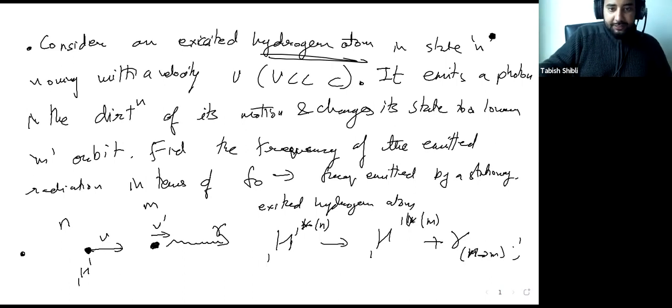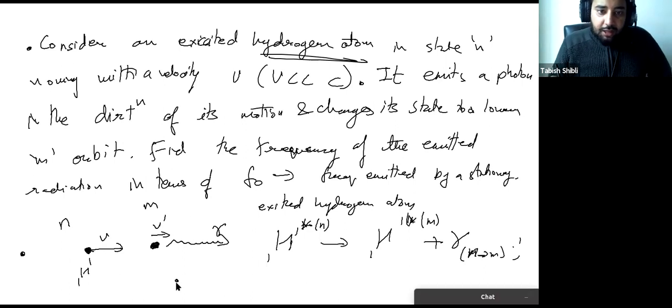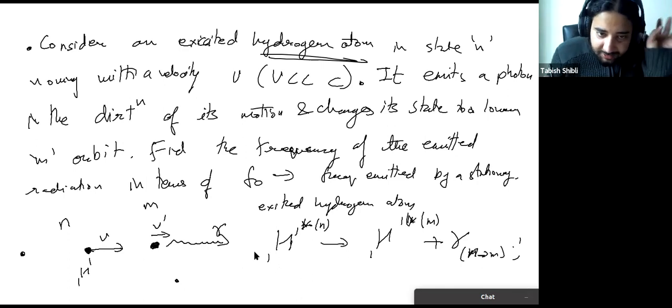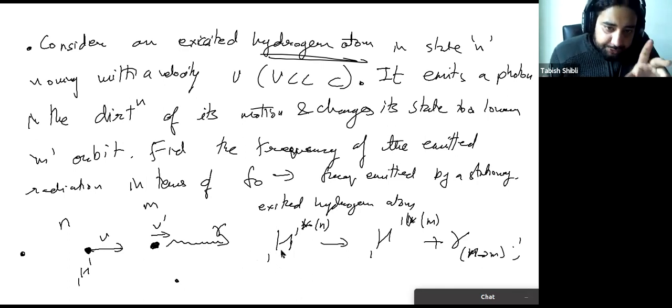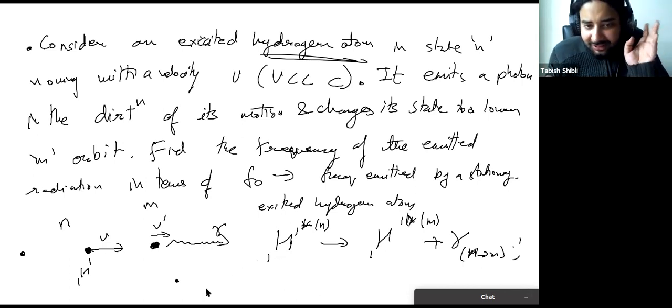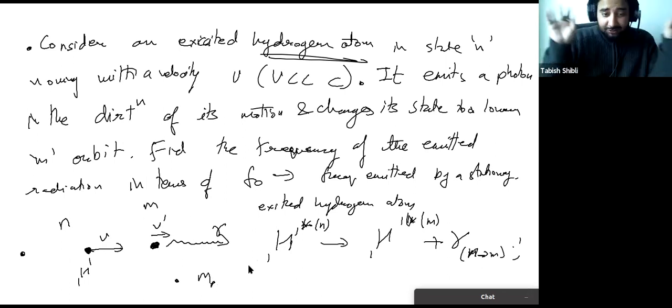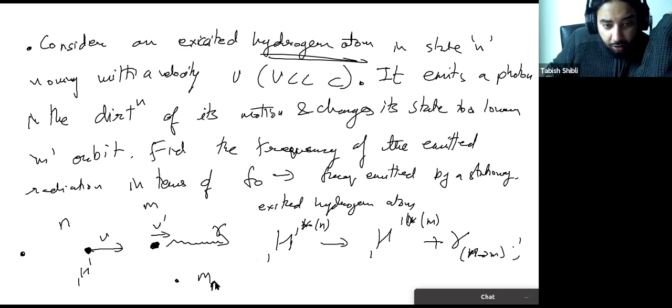So let's try to use first energy conservation as we always do. Energetically, what is happening there? First of all, there is the rest mass energy of the hydrogen itself. Okay, so that's just the mass of the proton, right? Because the mass of the electron is going to be so tiny that it's going to have almost no effect on the mass of the proton. So the rest mass energy is just m_p c squared plus it's moving, so kinetic energy half m_p v squared.